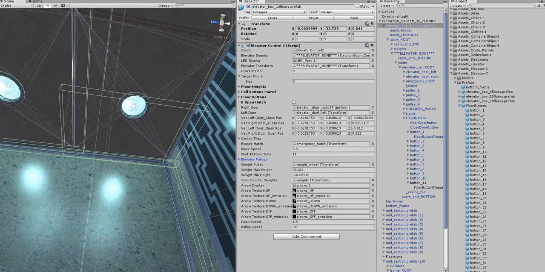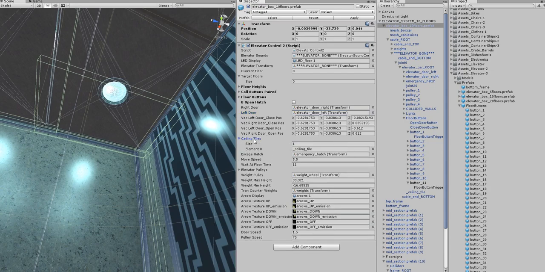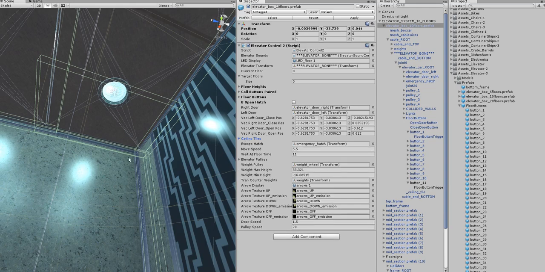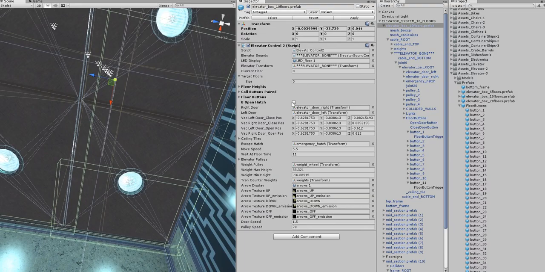See, these things you don't have to touch them. Don't worry about them. These basically represent the position of the door when they're open and close. And yeah, you won't have to touch any of that. And the ceiling tile here basically represents these tiles up at the top. Like you can actually make it so the hatch